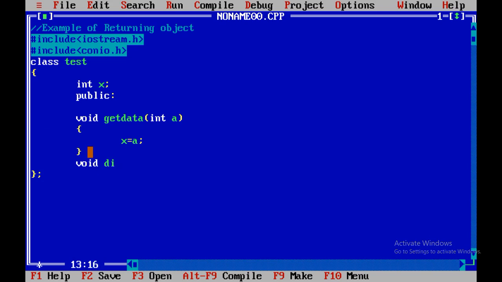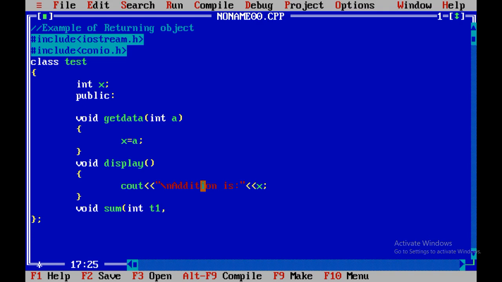Then void display, we are going to print value from the display function, addition is and x. Now in our previous program we have taken void sum integer t1.